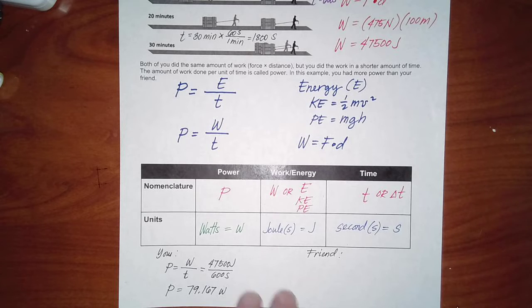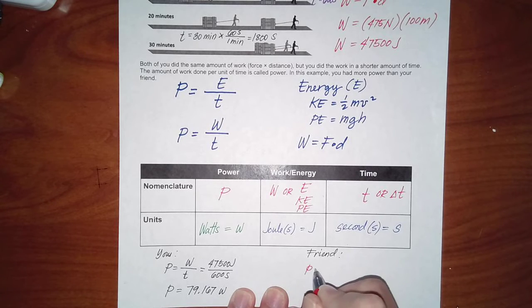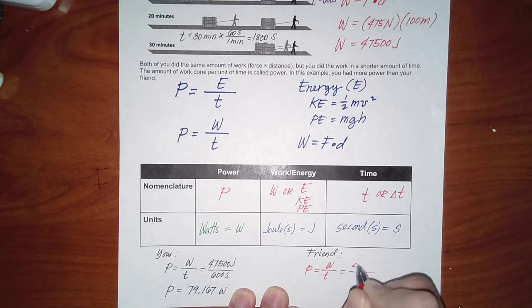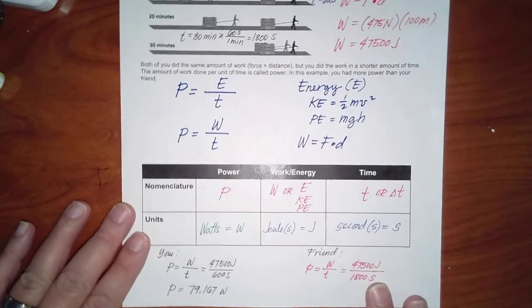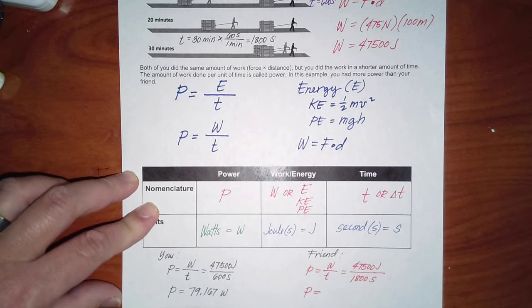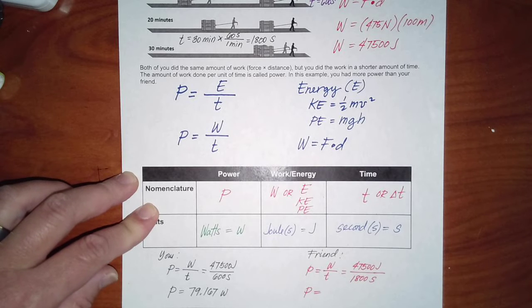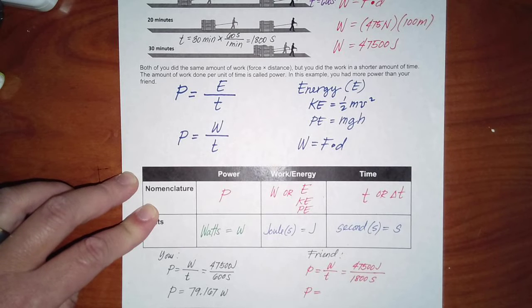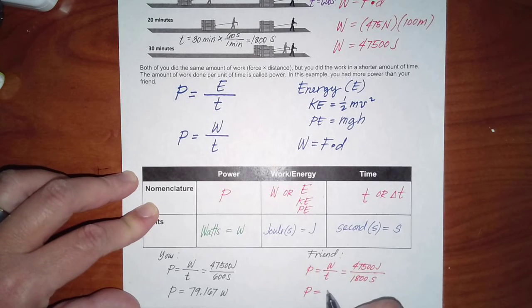Now let's simplify the answer for your friend. Same amount of work done, which is 47,500 joules, divided by 1,800 seconds. Therefore, the amount of energy flowing from your friend, also known as power, is 47,500 divided by 1,800. So it is only 26.39